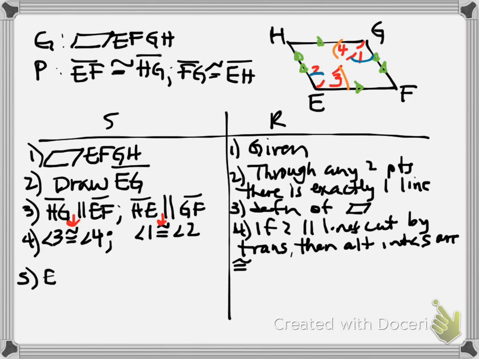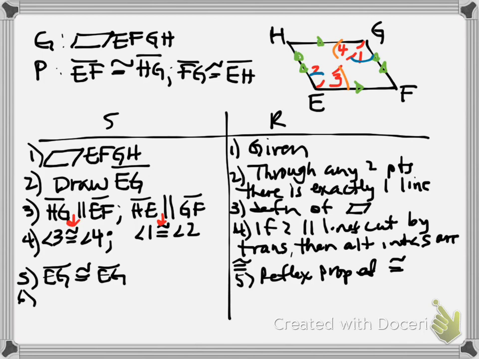Yeah. So even though in one triangle it's EG and in the other triangle it'll be GE, we can just write it in the same orientation. And that's the reflexive property of congruence. That allows me, on the left, let's see, we've got 2 and 4 HG, so that doesn't really matter so much. At this point, it doesn't matter which triangle I label. There's no right or wrong orientation of what goes on the left. So I can get triangle, let's go